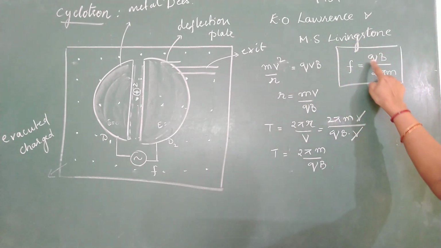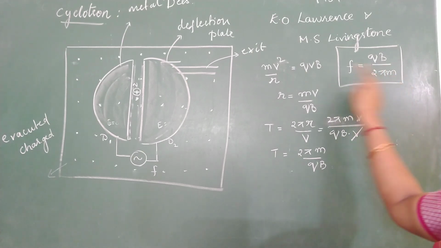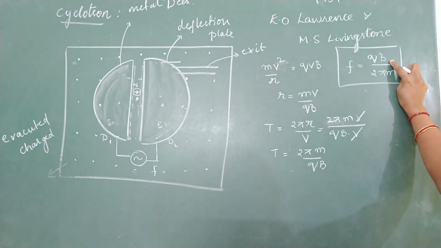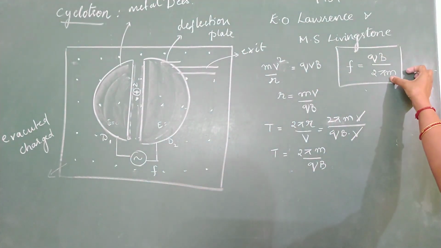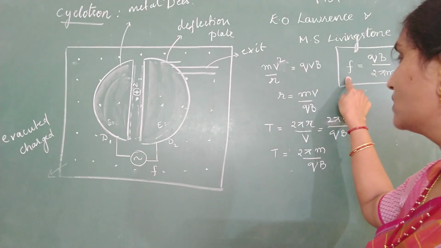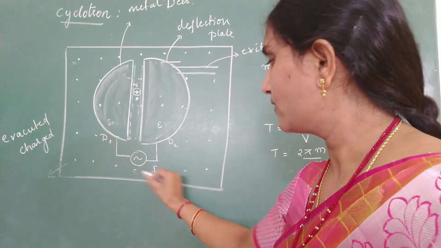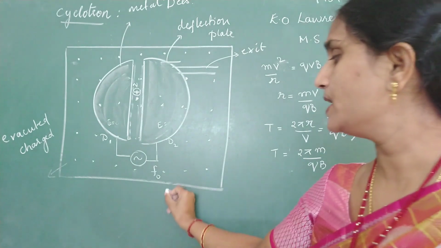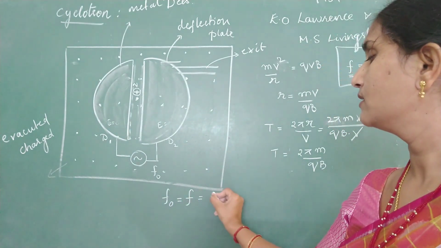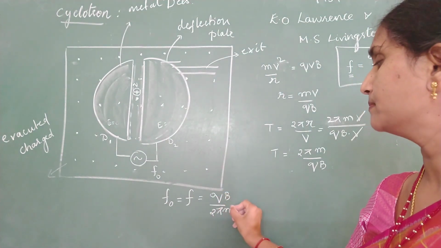And remember, after you choose the charged particle, we know what is the charge and what is the mass of the particle, and what is the strength of the magnetic field that you have applied in this cyclotron. So if B is known, q and m are known, can we calculate the frequency of revolution? So first find out this frequency of revolution. The frequency of oscillator, if I call this as f0, must be equal to the frequency of revolution of the charged particle, which is nothing but qB divided by 2 pi m.